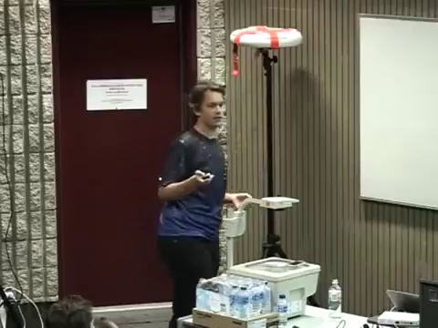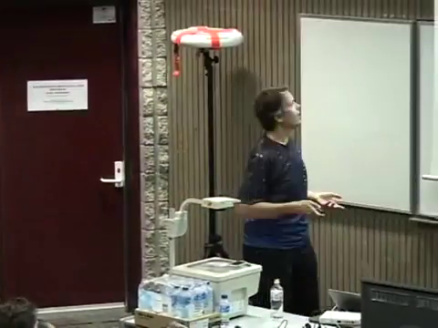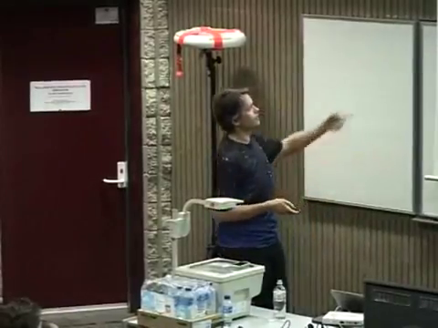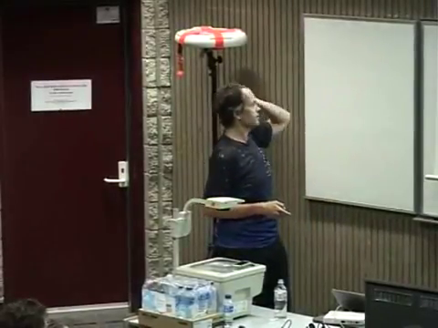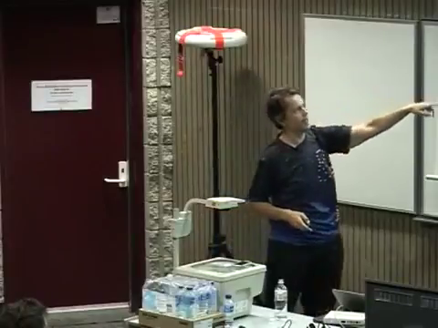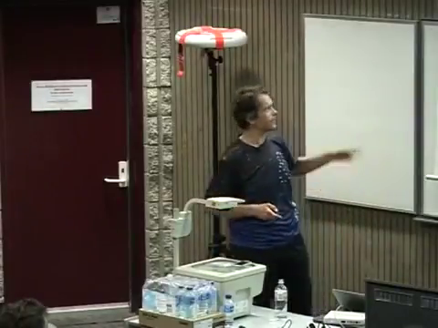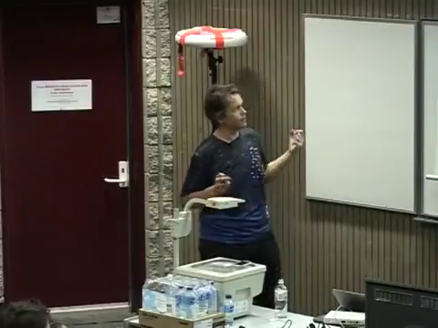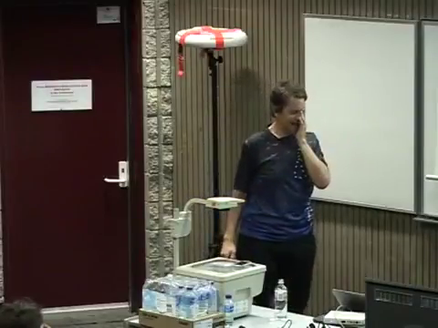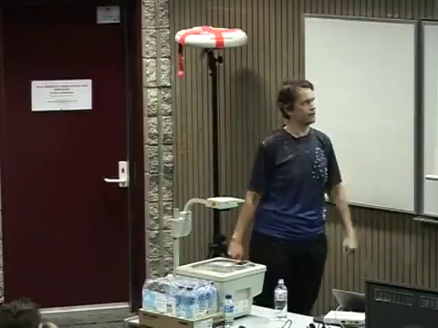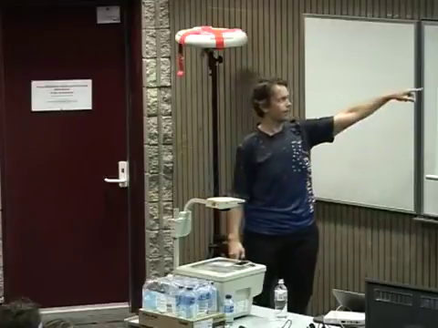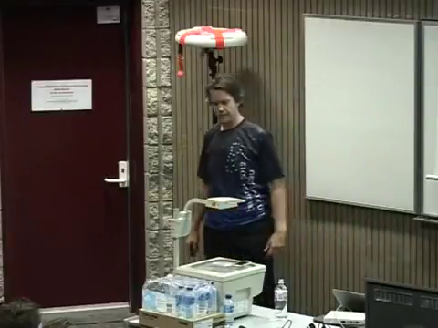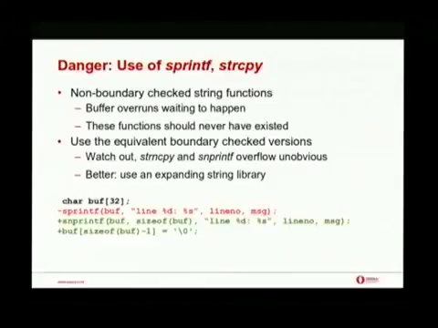Anyway, you shouldn't be doing the calculation. The whole point is, if you're doing the calculation, sometime you're going to get it wrong. So here's a nice obvious example, which is replacing a sprintf to a buff with something that includes a %s. So you had no idea how long that string is. With snprintf that passes in the size of the buff, which is great, except that what happens when you overflow? Well, you get an unterminated string and a return value that you have to check against sizeof buff to see if that happened. Or you can just blat the last byte of the buffer with this. But this isn't any better.